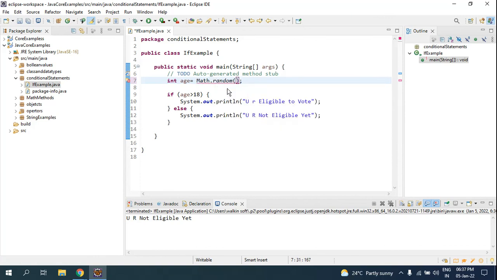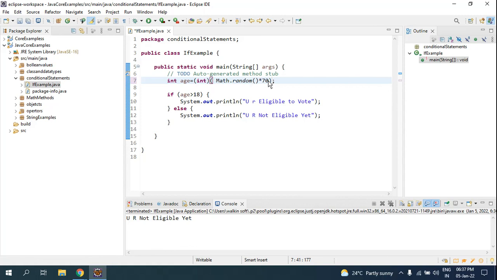In this generation an average person lives about 70 years, so I'll multiply with 70. I'm getting this error because I have to do the typecasting. I'll convert it into int, and Math.random should also be inside the parentheses. Now I'll be getting random numbers from 0 to 70.